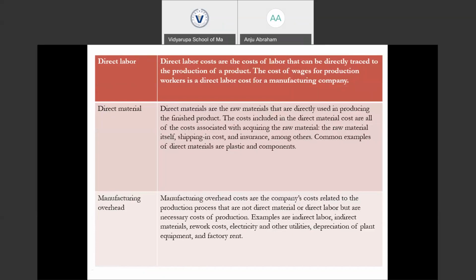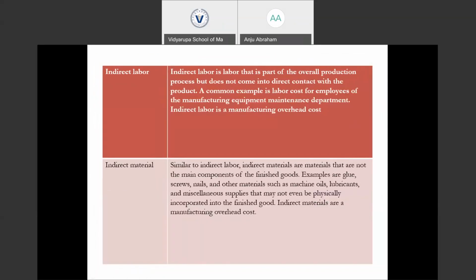And the indirect labor. Indirect labor is labor that is part of the overall production process, but does not come into direct contact with the actual production process. But it is necessary in order to carry out this production process. An example is the labor cost for employees of the manufacturing equipment maintenance department.